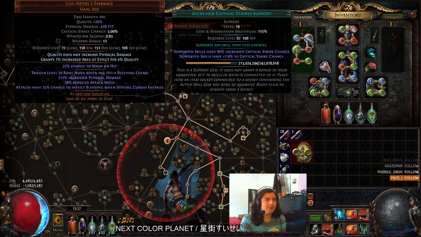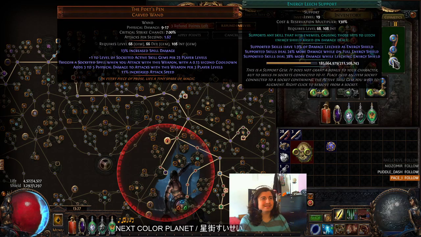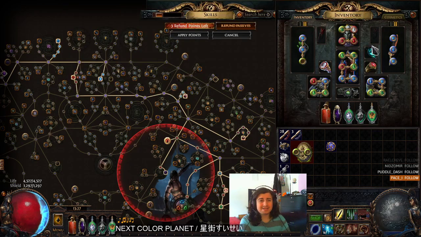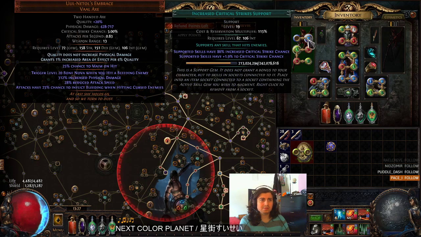Am I using... Oh wow, look at that! Two increased critical strikes. Okay, so we were on a 5 link there. I guess Conc, or what was I using? Crit damage? I mean, multiplier would be nice. Assassin's Mark is probably a better curse to use. Wow, that's cringe. I don't remember what else I was using. I guess it was either Conc effect or...